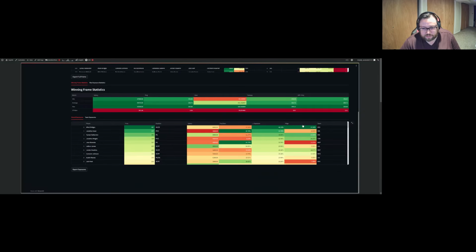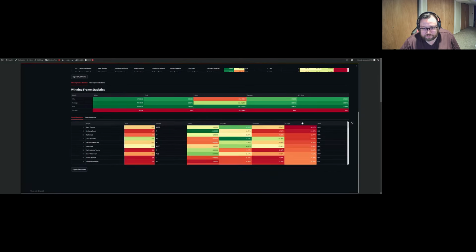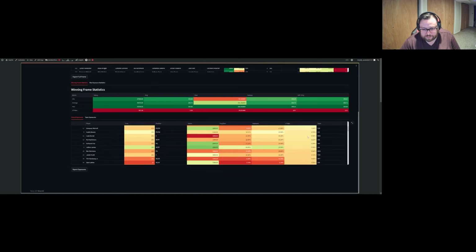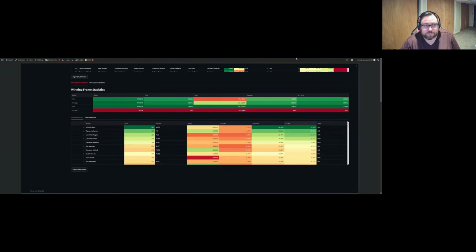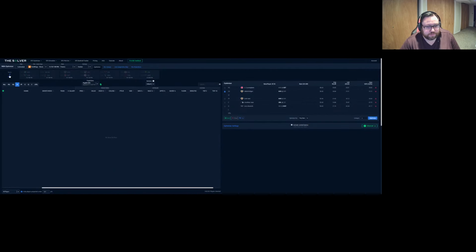Mikal Bridges is giving me a crazy amount of edge, right? He's the most on the slate. So let's scroll down here. We also have Tim Hardaway Jr. doing that as well. So I'm going to go add Mikal Bridges. We're going to put him in. And then I'm going to go to,